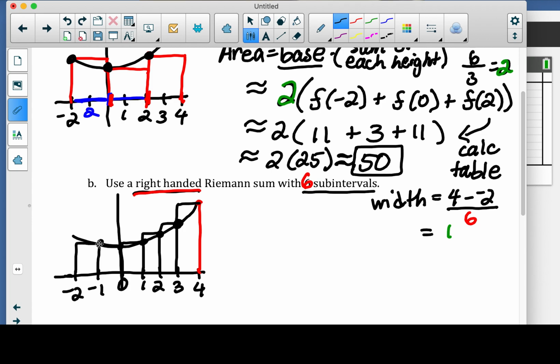So my last, I can highlight that in red. The first one that I'm going to be using is f of 4, and the last one will be f of -1. So it'll always stop one before the end of your interval. If you're starting on the right, I would go right to left. So now if I'm doing my area as base times height,